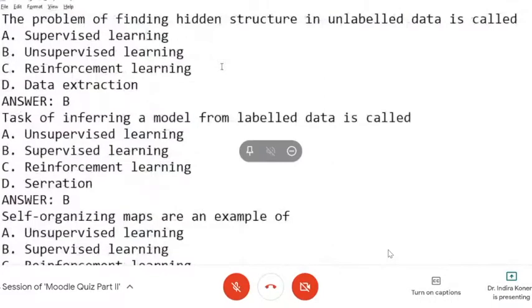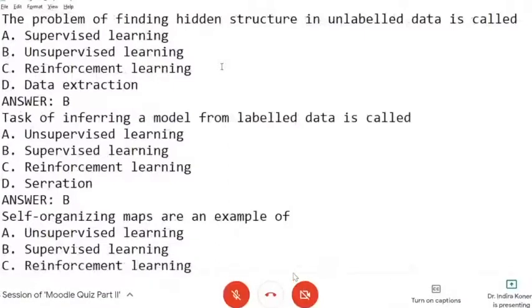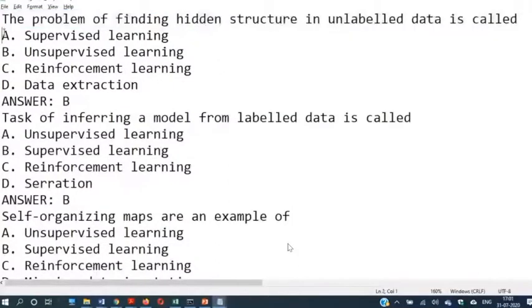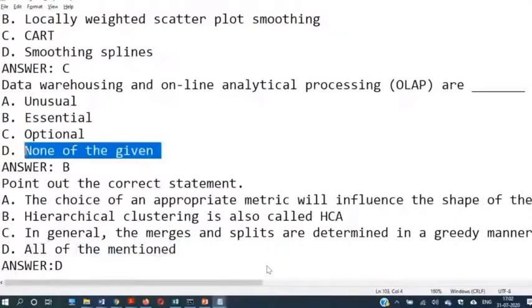So this is the question, no line space between question and answers, and A, B, C, D all in capital letters, and ANSWER in capital letters. After the colon, one character space, and also options dot. And we are also going to learn how to edit such questions where we have options like all of the mentioned, none of the above. See, here also we have none of the given.